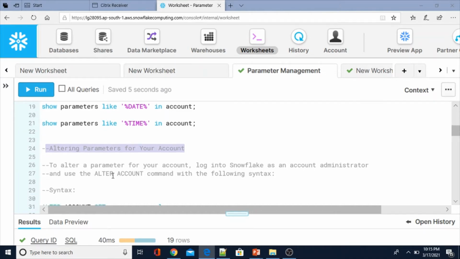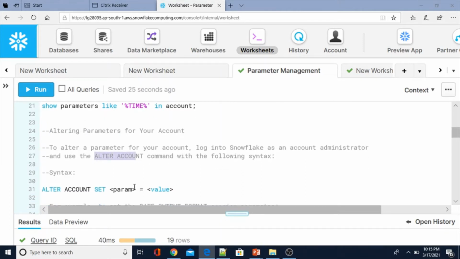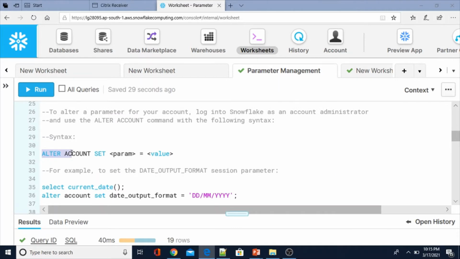To alter a parameter for your account, log into Snowflake. You have to log into Snowflake with an account administrator. So currently I have logged in as account administrator only. You have to use the alter account command with the following syntax: alter account set parameter equal to value.